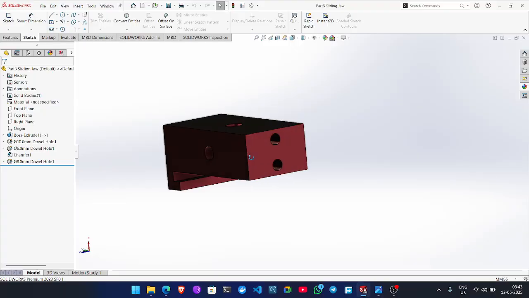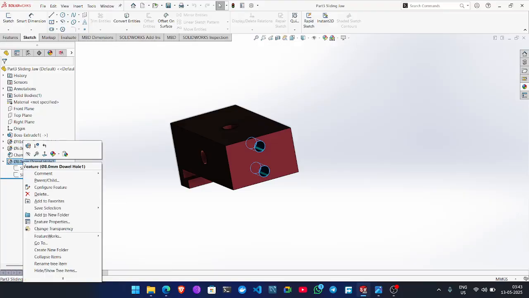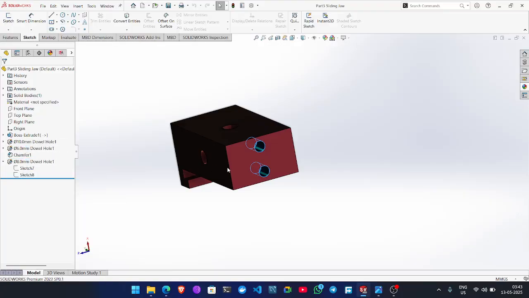So this is connected like this. Okay, so where actually I create this thing. Okay, for this thing, see if I expand this and right click and edit feature.